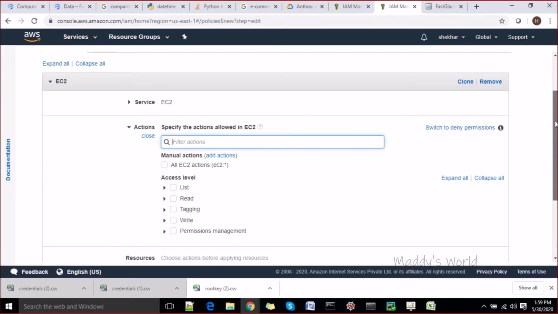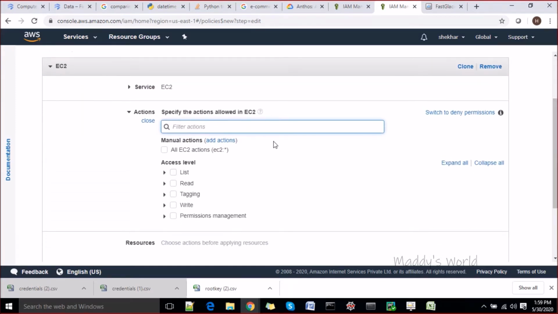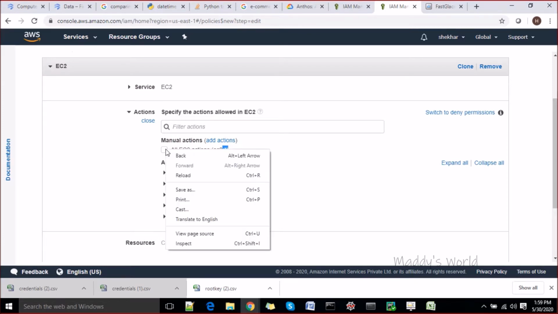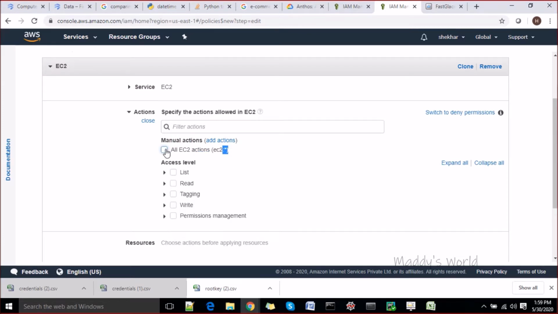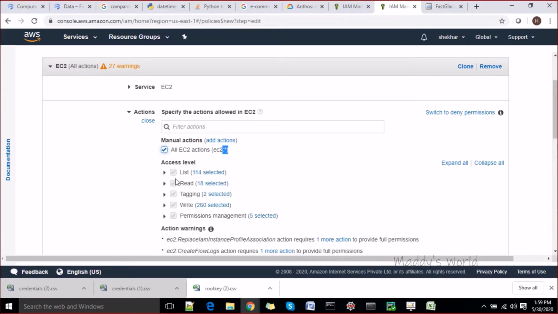Remember one thing now: it says manual action, and all EC2 actions can be performed. If you choose this, everything is accessible. See how many things are inside EC2. Remember this, everything will be applicable.